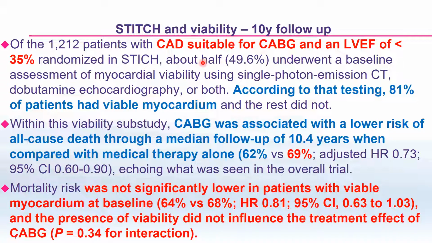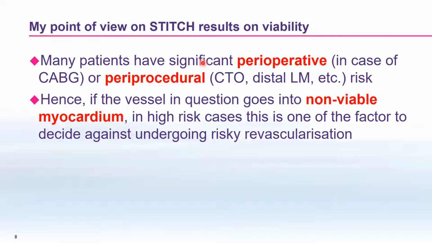So there is a trend to some better mortality, but it was not significantly lower in the patients with viable myocardium. Here again, I have a different point of view, because when you have a complex procedure, for example, when you send the patient for opening a complex CTO, or when you have a high-risk patient where the perioperative risk is high, you have to assess viability. And if there is no viability, I prefer not to send these patients, because